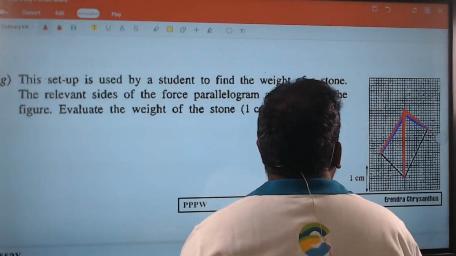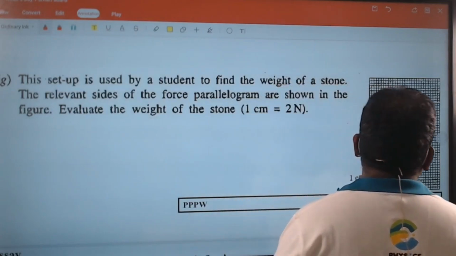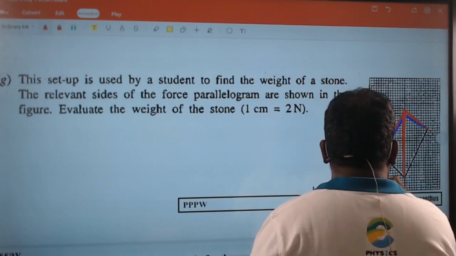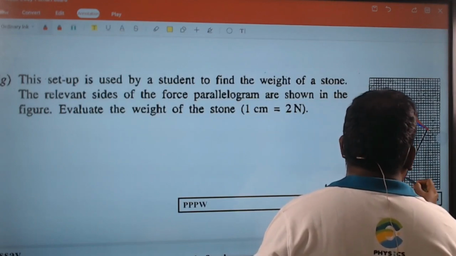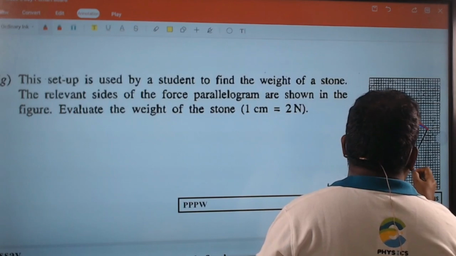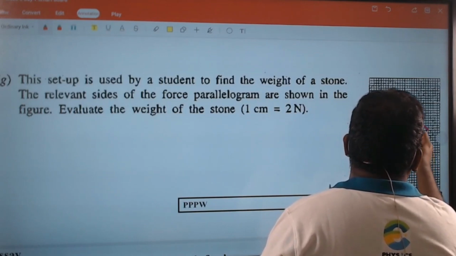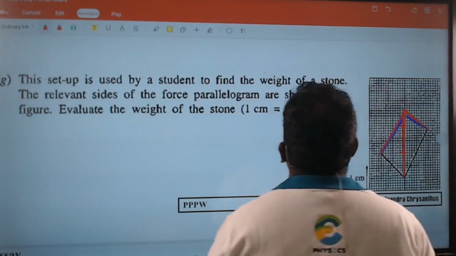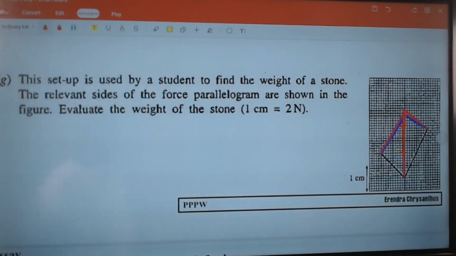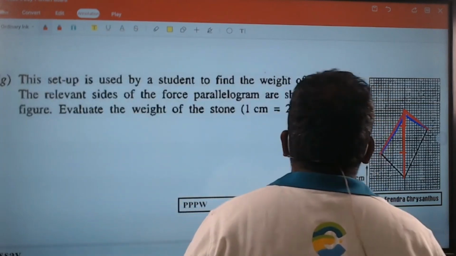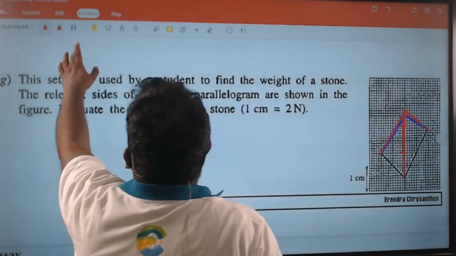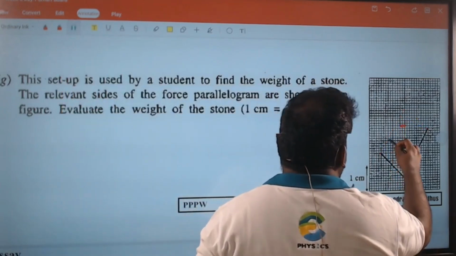1 centimeter is 2 newtons. How many boxes? 1, 2, 3, 4, 5, 6, 7, 8, 9, 10. What else? 1 centimeter, 2 newtons. So if you draw the parallelogram carefully,